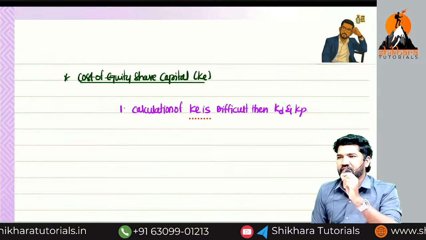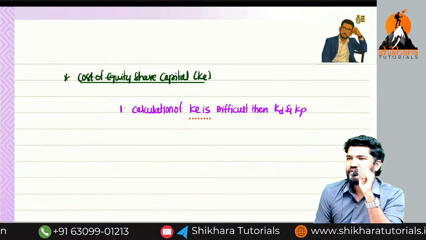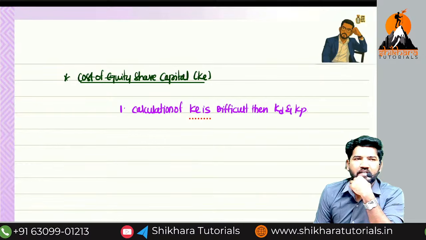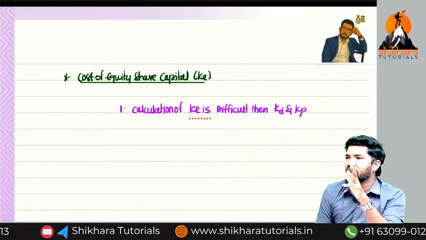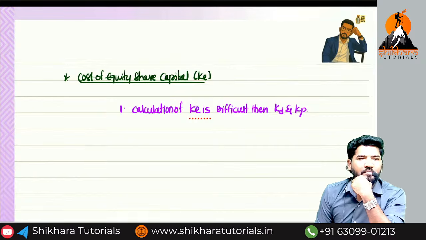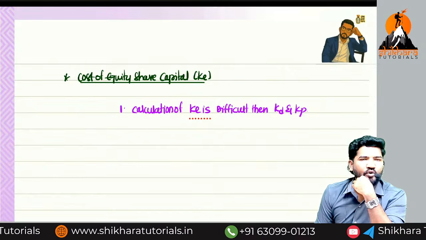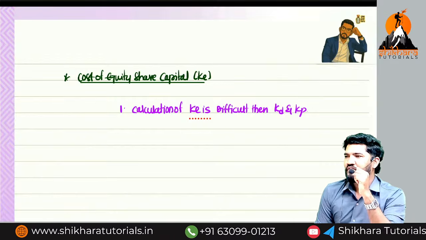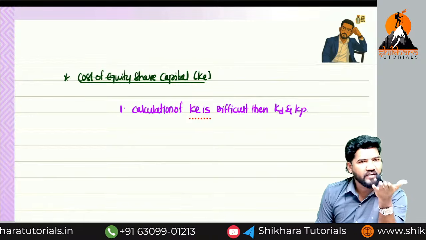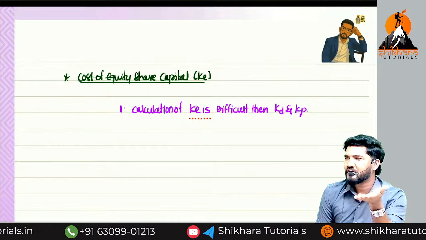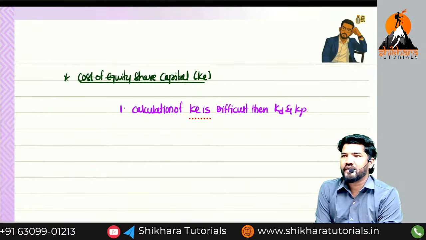That is called base rate. 10% debenture, 5% debenture, 14% debenture, 11% debenture, 9% preference share capital, 8% preference share capital. The security will be like that only. But when it comes to equity share capital, there is no proper base. In the earlier calculations, we used a numerator base only: for interest, the interest base; for preference dividend, the preference dividend. Here, I can't use a base as a numerator. First point.